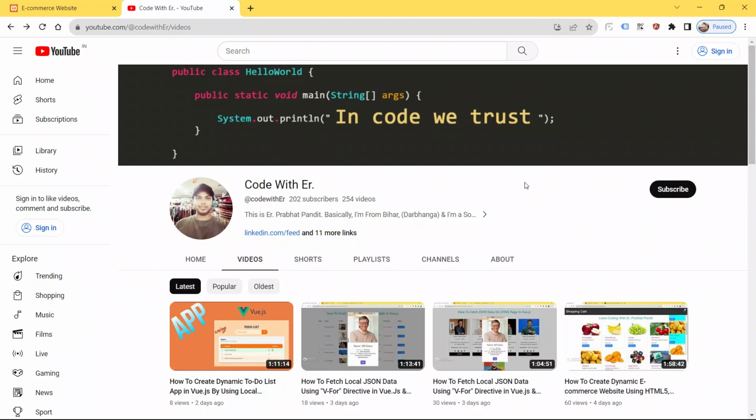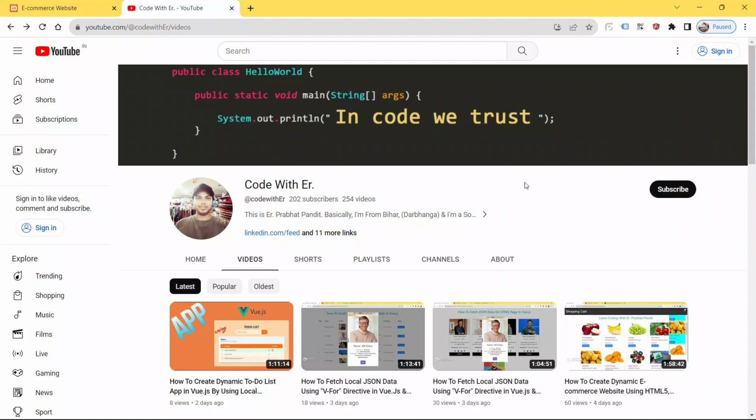We are going to learn how to create a full-fledged, fully functional e-commerce website using Vue.js and local storage.